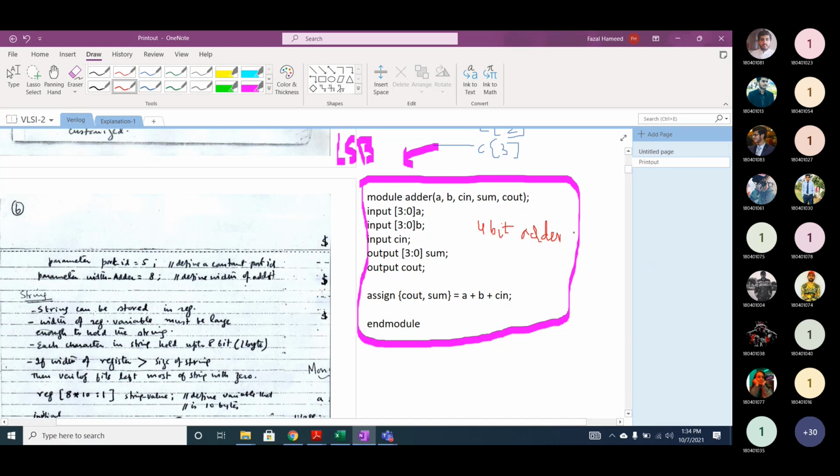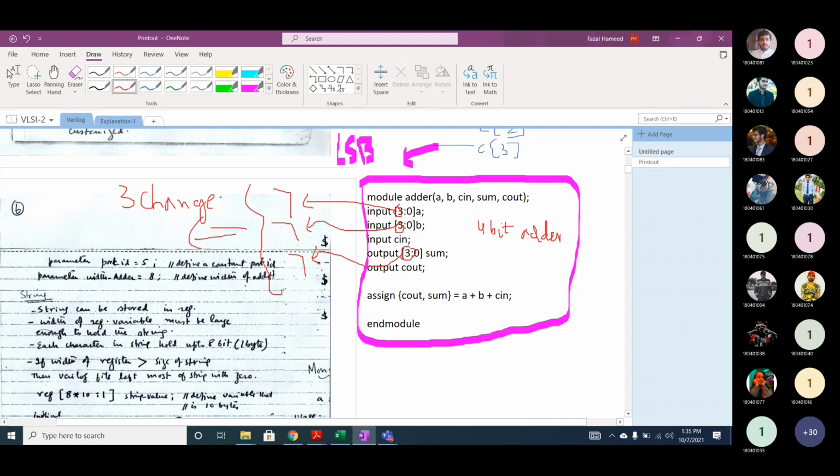We will increase the size of the input and output variables, to [7:0]. So I will change this to 7, and this to 7, and also this one to 7. How many changes do I require in the code? Three changes. So we need 3 changes in the code.